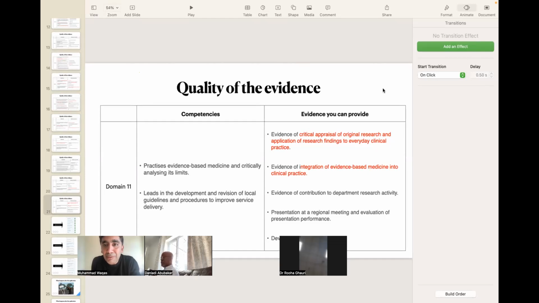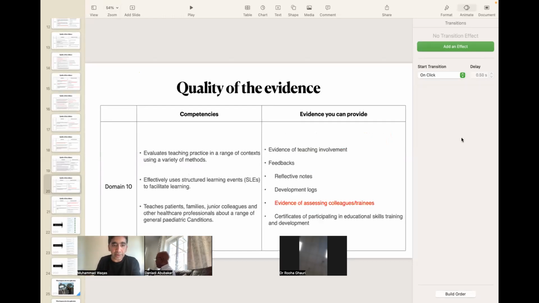And there is no minimum number, or maximum number. Okay, so it means we should be reflecting in our application where there was some complicated case? No. They need evidence that you have been a leader in a multidisciplinary meeting. So you were the leader and you were collaborating on patient care among them. It doesn't matter whatever the case was. This is just my suggestion, if you want to choose among different meetings, that's how you can choose it. But you need to provide the evidence.